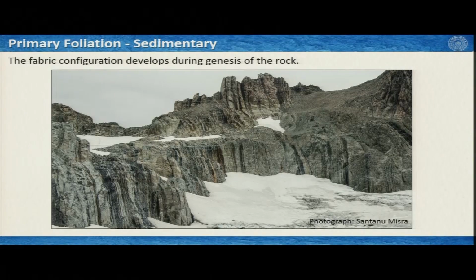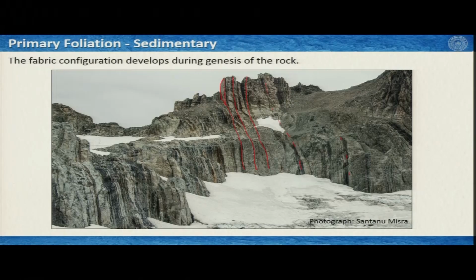Now, they do not necessarily have to be horizontal, they can be rotated due to some deformation, but their initial primary characteristics would certainly remain there. For example, what you see here, these sedimentary foliations are almost vertical. So, a plane is exposed here and the traces on this eroded surface of this bedding plane are going something like that. So, this is your